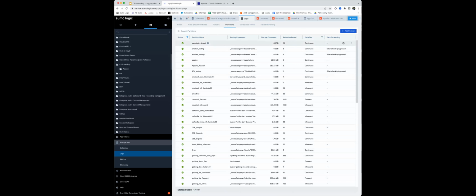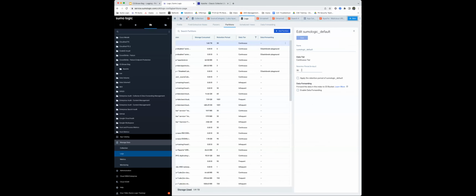The only thing that you will be able to change within our default one is your retention date. Partitions not only help with performance, but they allow you to have variable retention as well. So if you have a compliance requirement for any reason, and you need to keep your logs more than 30 days or less than 30 days,